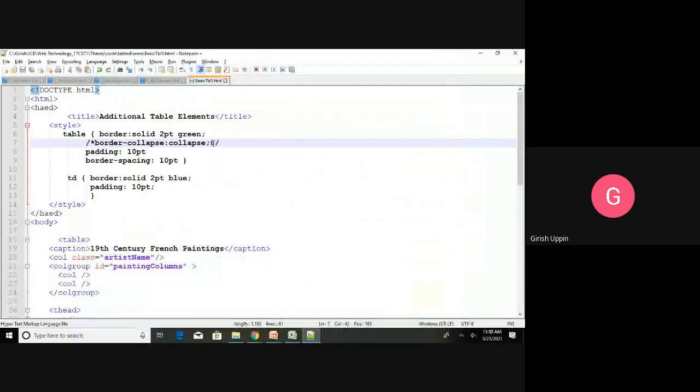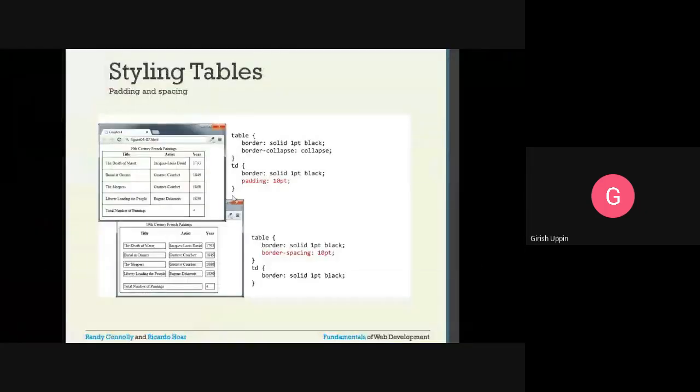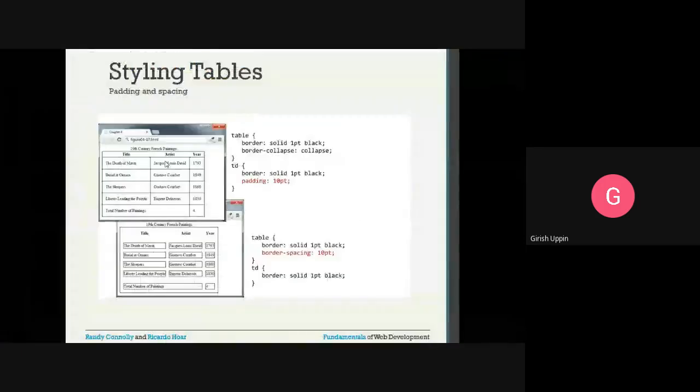Remove that. Okay, this is wrong. You can see the border spacing is applied. The border spacing 10 pt. I will just make it as 30 pt so that visibly we can make out how that change is applied. Okay, border spacing.